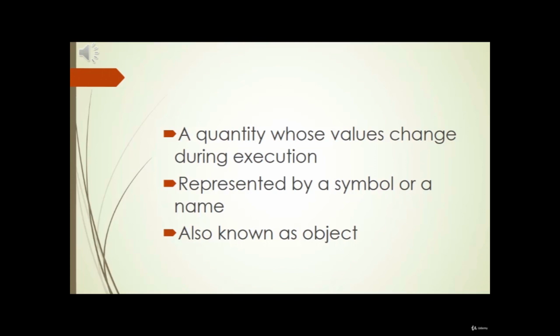The name of the memory location, that is, the variable name, remains fixed during the execution of the program, but the data stored in the location may change from time to time. A variable is also known as an object in the C language. In C,